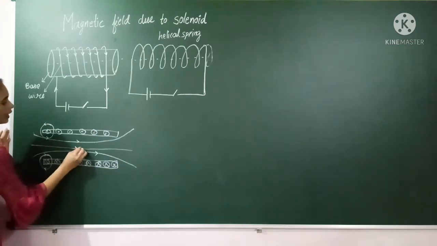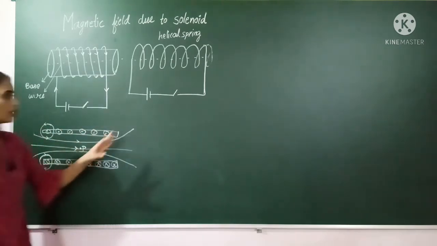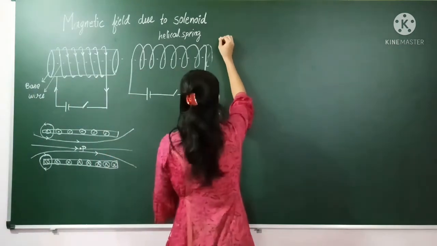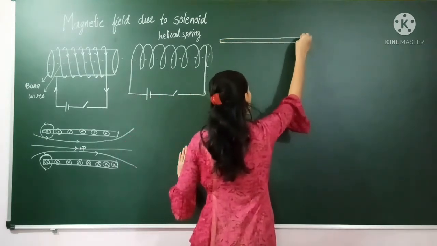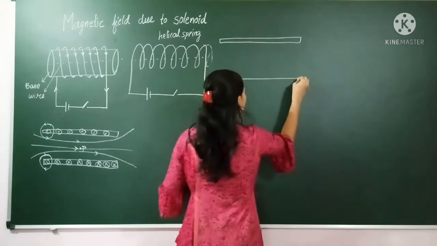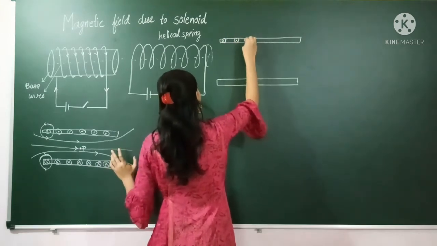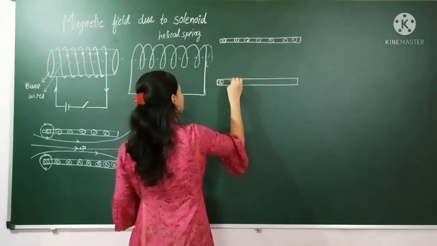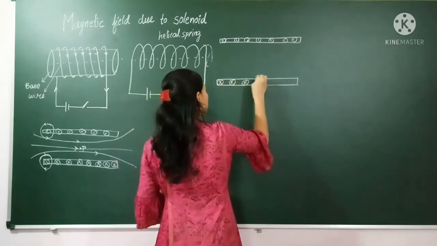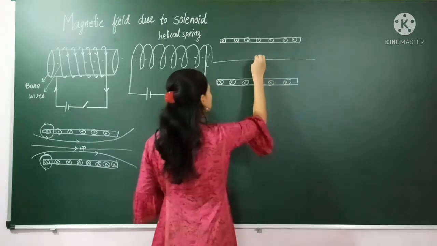Next, we will take the point P here at the center. Here we want to calculate what the magnetic field will be because of this solenoid. So I will take the same image. To apply Ampere's circuital law, we have to take one Ampere's loop. Using that Ampere's loop, we can calculate the magnetic field. Here the current is coming outward, and here the current is going inward. This is our center, point P.